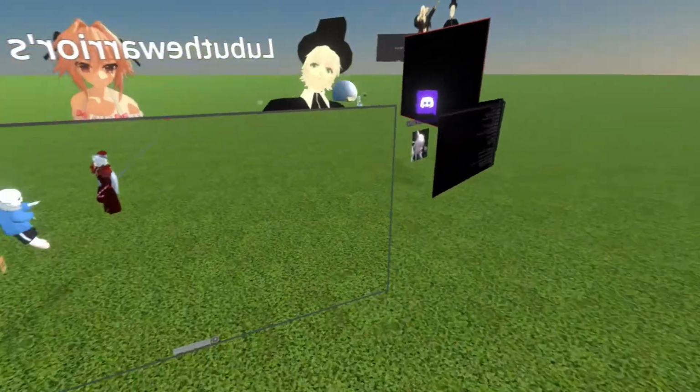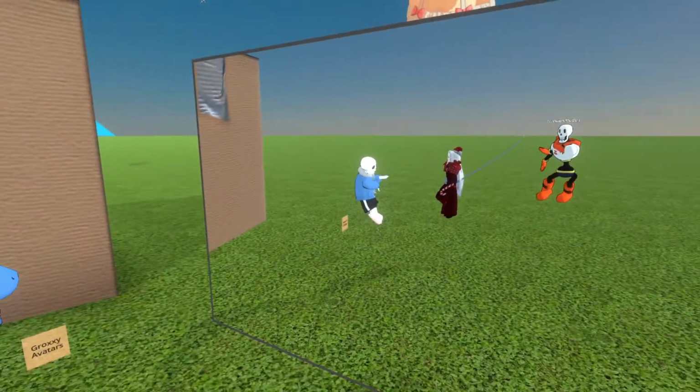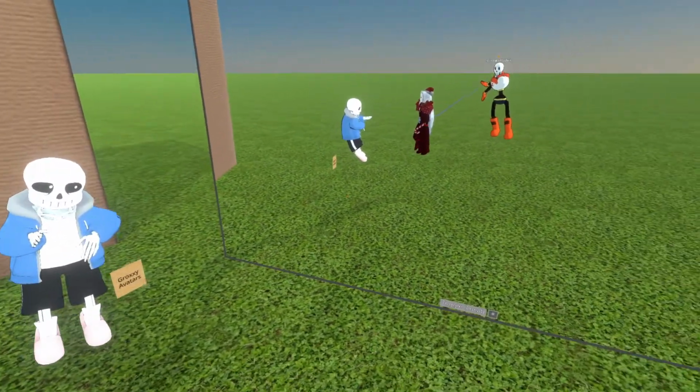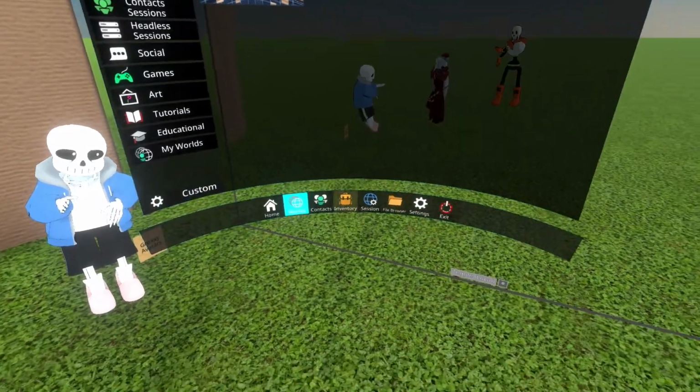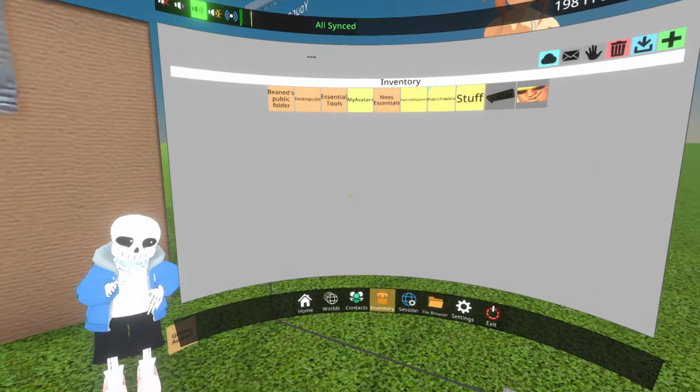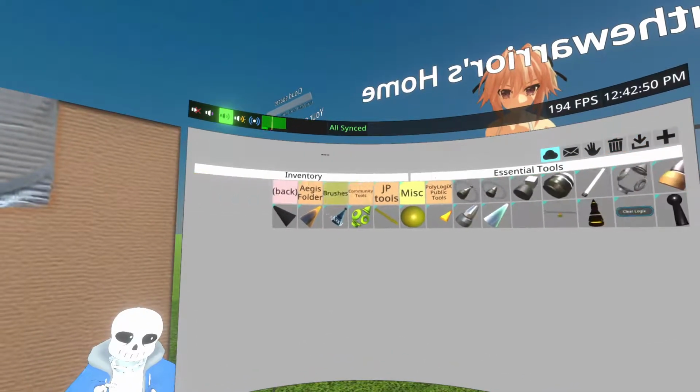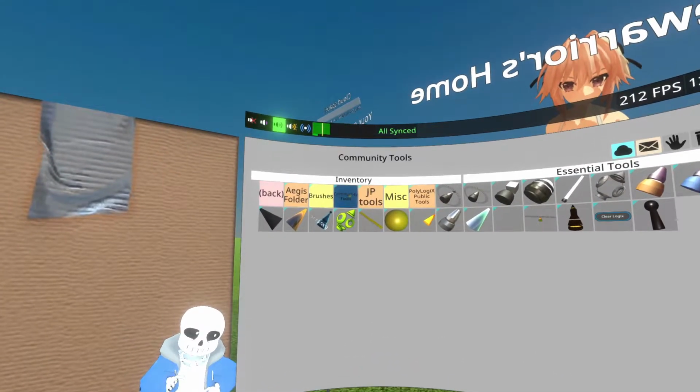Oh, this is his shoulder. And I will showcase the easiest way of installing the desktop system. So, head on over to your inventory, Essential Tools, Community Tools,